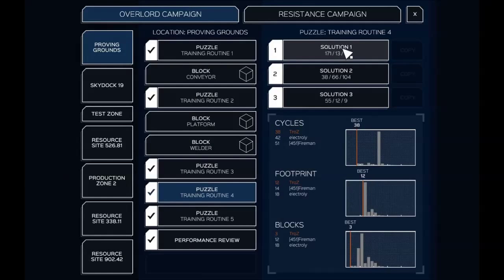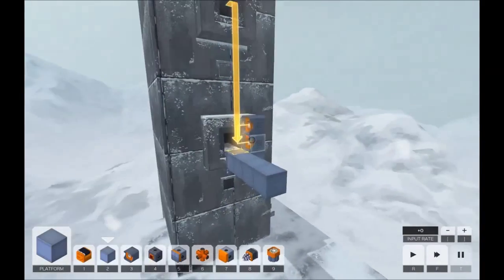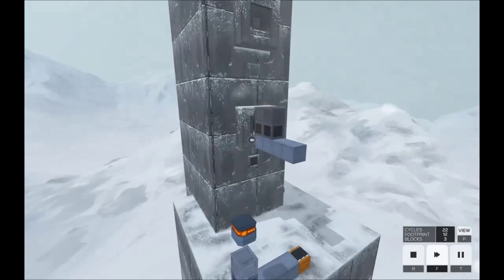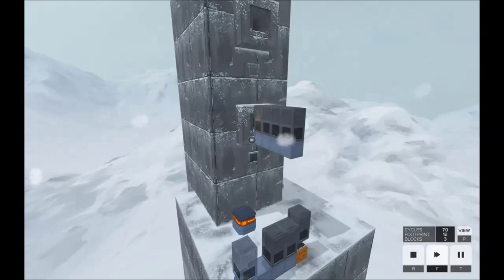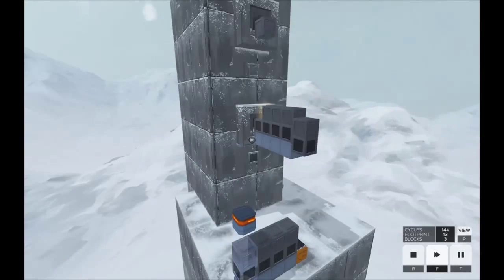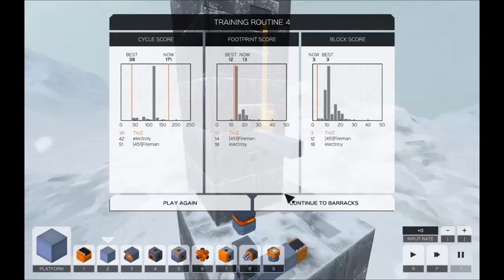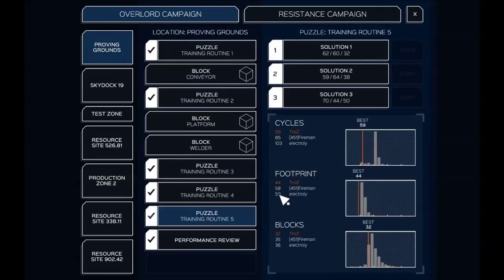But if you're looking for low blocks, this uses only 3 blocks. We got 2 welders and 1 conveyor. This is a low input rate, so everything lines up, but and that's that. Okay, training routine 5